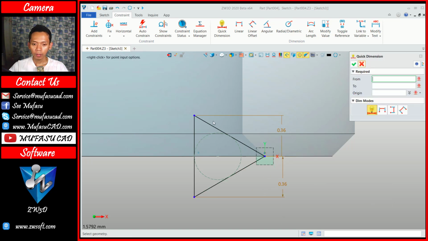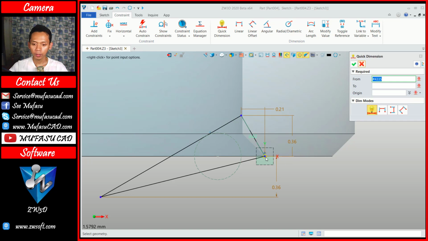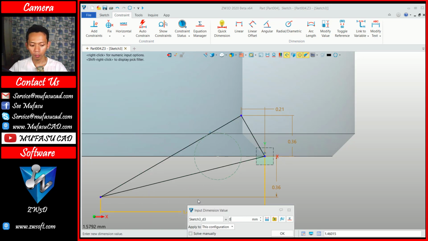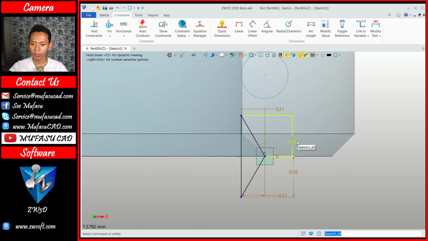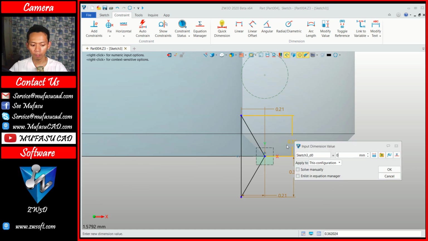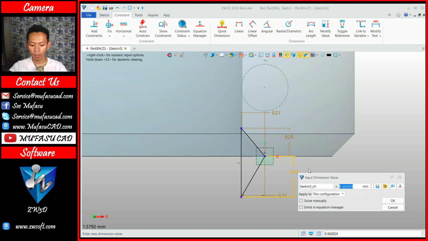Next we can create from this point to here, and then you can move to the top. You can set it here to 0.21. We can also set here 0.21. Okay, next you can change this dimension to 0.25, and the last one here we set to 0.25.